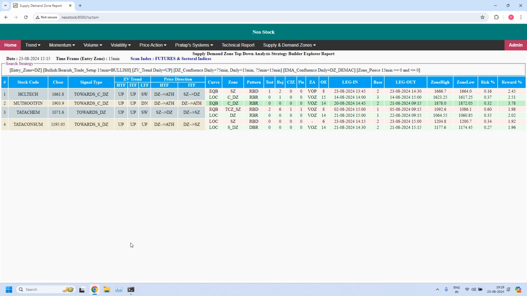Okay, this is about the bullish trade setup for the daily income trade, with LTF, ITF and HTF zone confluence, and the HTF zone, that is the daily zone, also having daily EMA confluence, when all the HTF trends are uptrend. So this is one good trade setup. And in the next report,